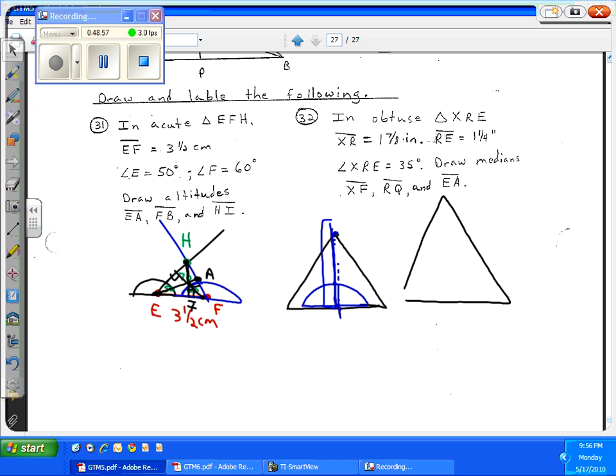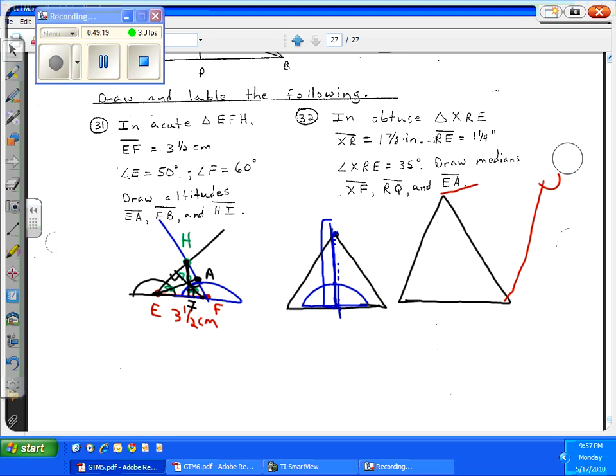The official way to do it is with a compass, that's that pointy thing with the pencil. You would open up your compass with your pointy thing there and your pencil here,